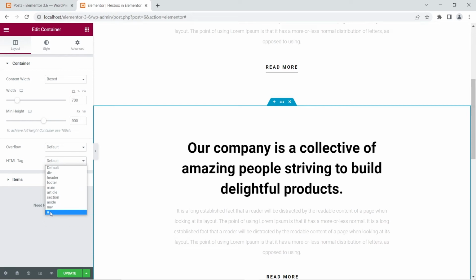Now what happens when I click this A tag? It shows me the option to add a link. Okay, now when I add a link here, it will make the complete section